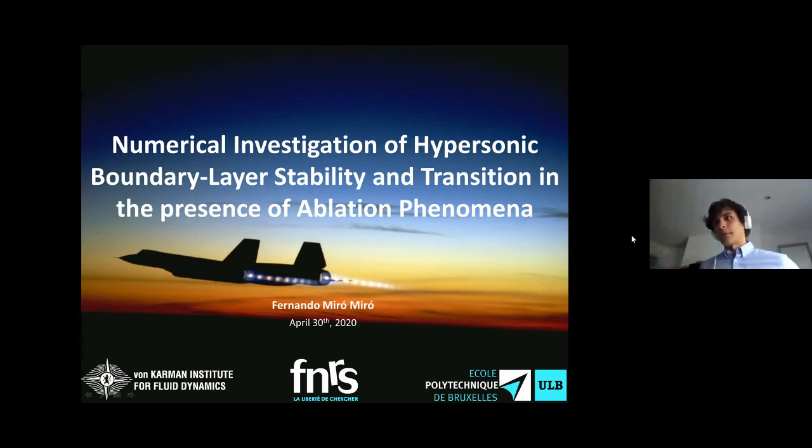And this effect, can you decouple it from, for instance, blowing? If you blow, you probably also cool the wall if you blow from inside, or how would you think about that? So actually, I know that the DLR team were trying to work exclusively on the blowing here. They were trying to blow at a very, very low mass flow rate, which was cooling the boundary layer, but still wasn't destabilizing. It was an idea they had there. They presented it at the last IUTAM, but it was still pretty preliminary. I don't know where they got.